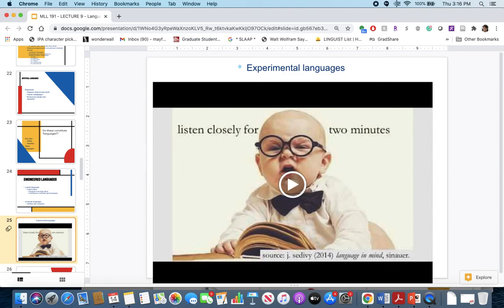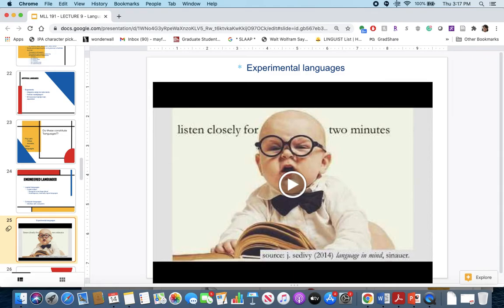And to give you an example of some of these experimental languages, you can listen closely for 2 minutes to this passage. And what this video tries to show you is that babies have this innate sense of learning a language, whereas we as adults have lost it because of some evolutionary practices. That we don't need to learn all languages that are spoken to you. So after 6 months, you kind of lose your language as a child. But this kind of gives an overview of this language, which is made to test the kinds of knowledge that babies